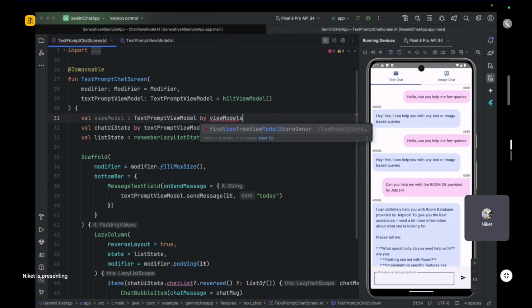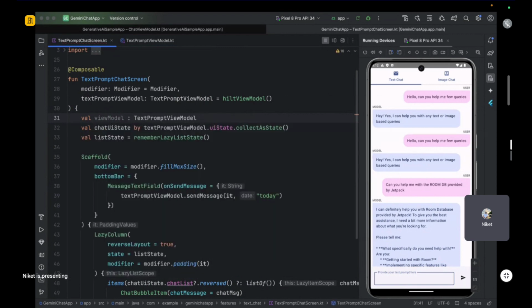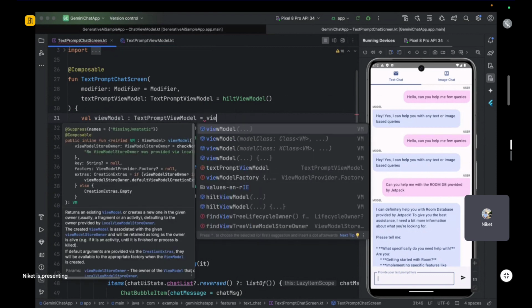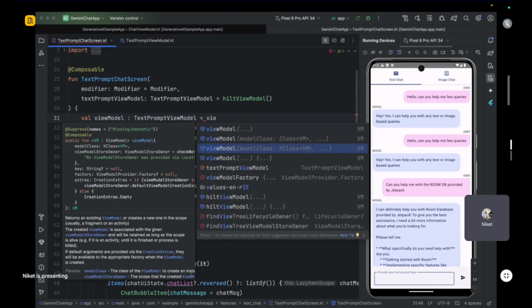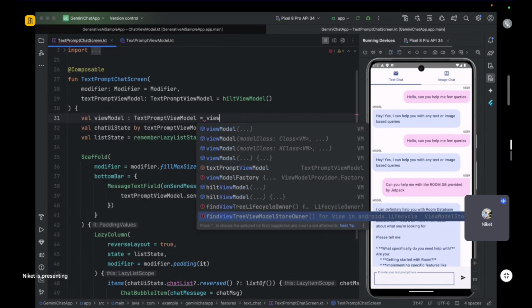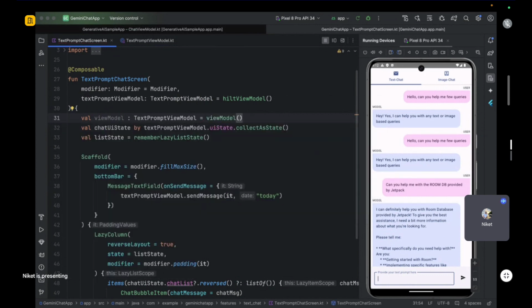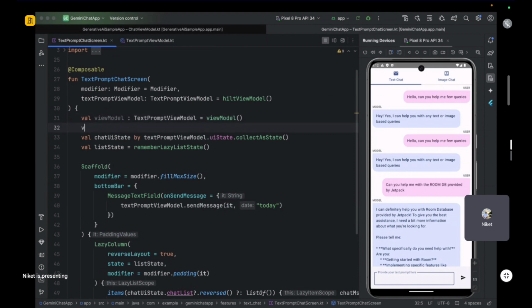Let me see. View models. I'm not getting any method regarding that. Can we not do something like this? I'm still able to write it, yes sir, but the problem with this is that